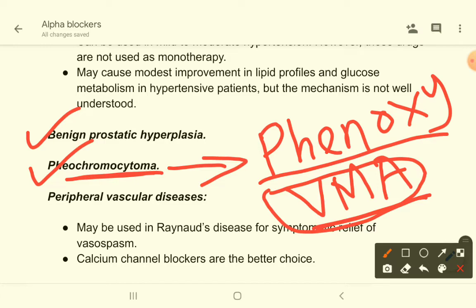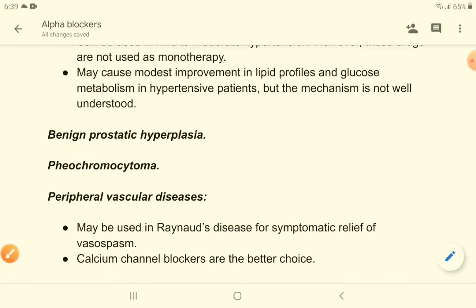catecholamines. So as the pheochromocytoma is a catecholamine secreting tumor, there are excessive catecholamines, and excessive catecholamine metabolism will be there. So the end product of metabolism, which is vanillyl mandelic acid, will be present in the urine of pheochromocytoma patient. Sometimes the examiners may ask you this question.